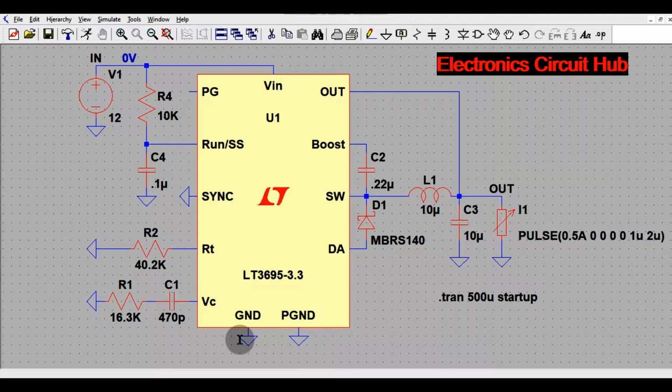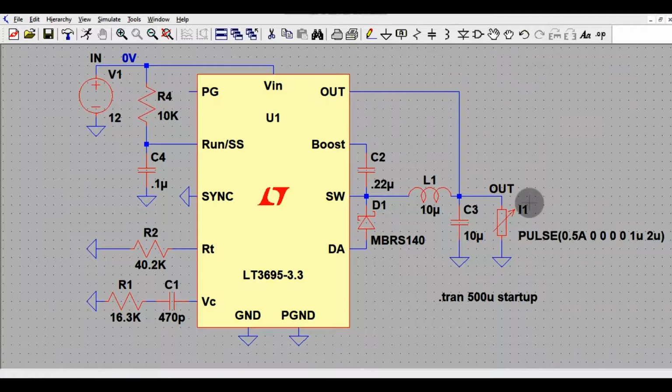So today we are going to understand the micro power step down voltage regulator which converts 12 volt to 3.3 volt, right? This schematic file I have taken from the LTSpice example. The only change I have made here is the load.